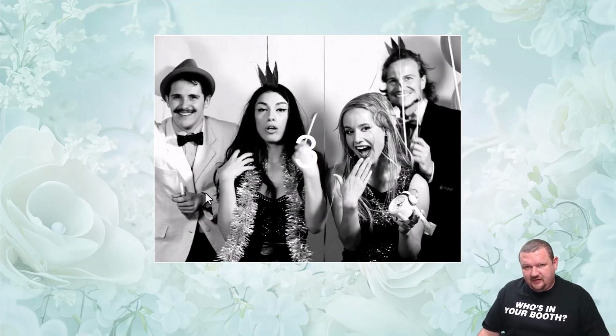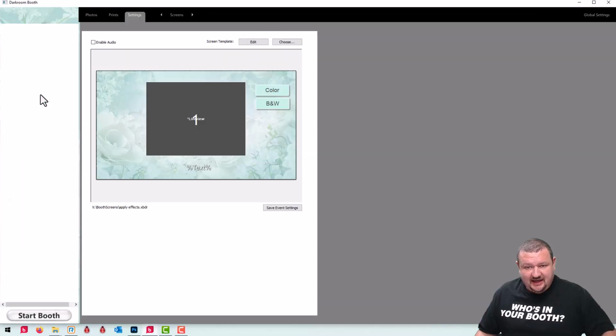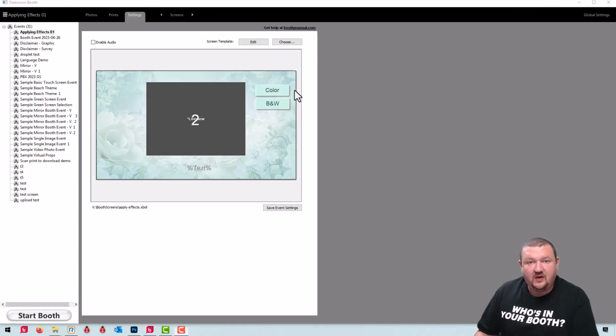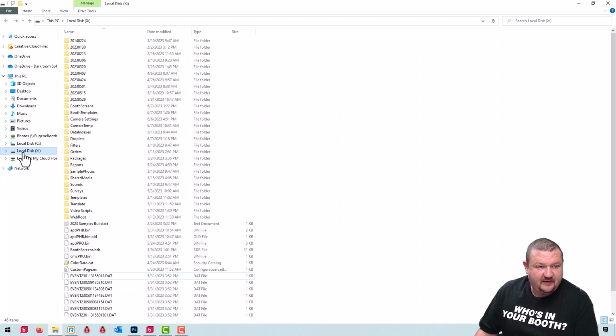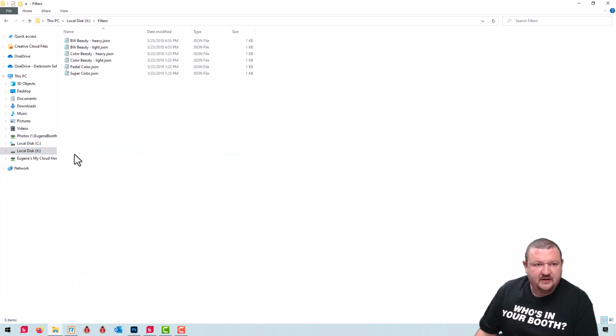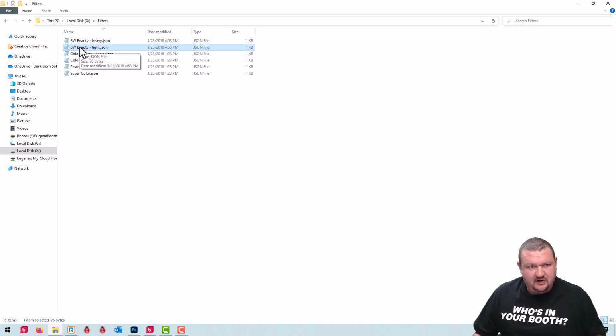So let's say that was a little bit too contrasty for you and maybe a little bit too dark. You can go into the filters and create your own. Okay, so the filters are going to be stored in your X drive, on my X drive, and then I'm looking for filters. And there are a few that are built in, but one thing I like to do is the black and white beauty light. I'm gonna double click on that,